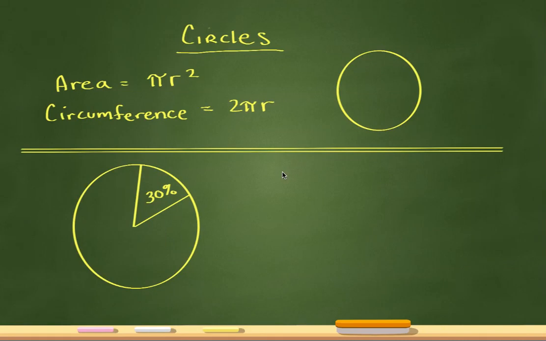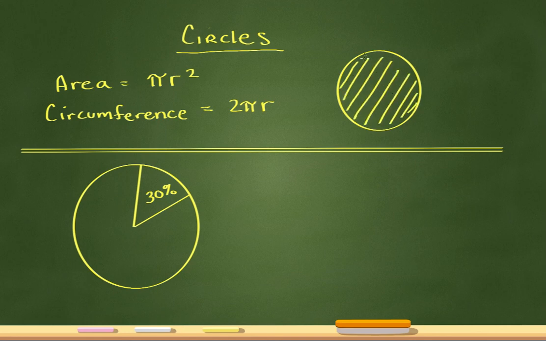On this test, they really only want you to know basically three things about circles. So the first is that the area of a circle is equal to pi r squared. And the circumference of a circle is 2 pi r. Now, the area of a circle, that's basically all this